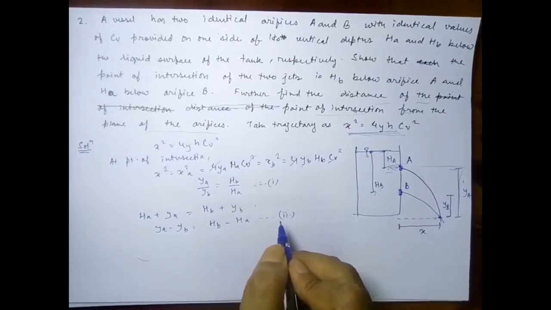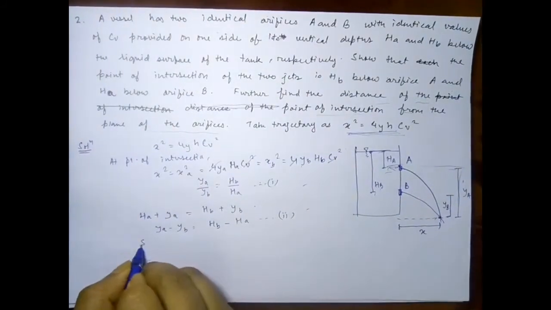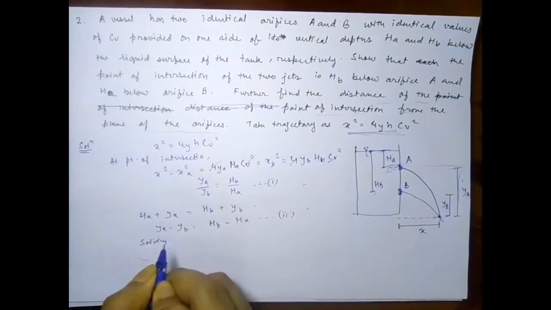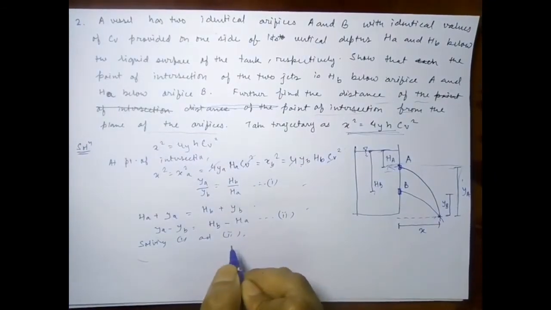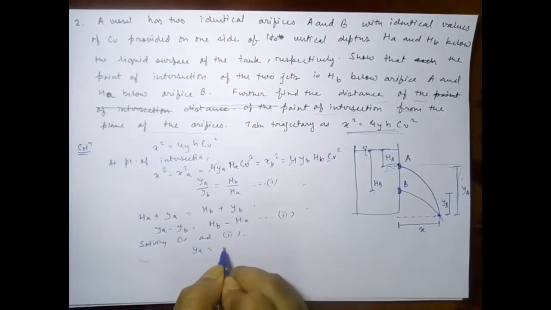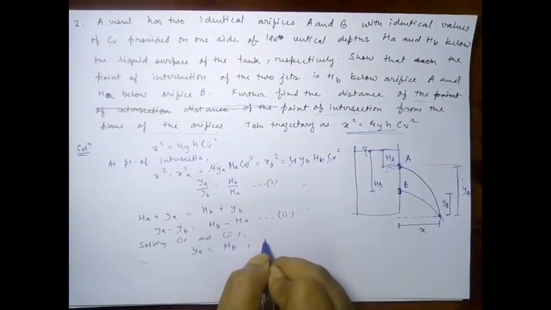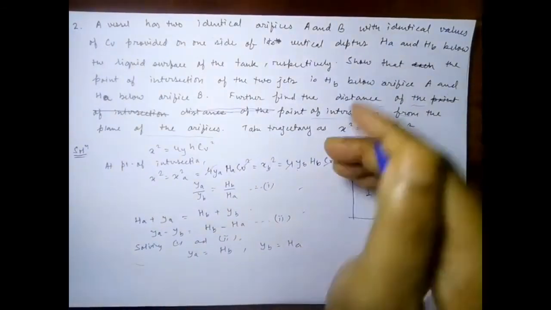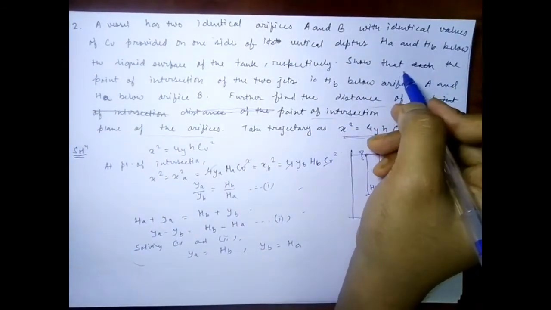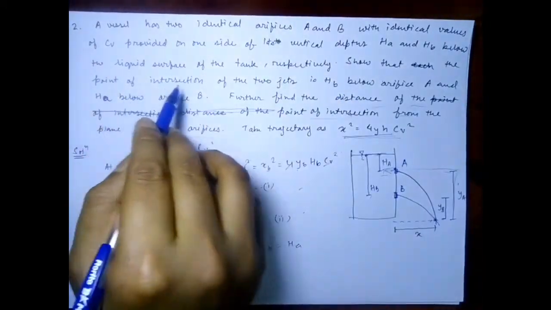So solving equations 1 and 2, we get ya equal to hb and yb equal to ha. Thus it is shown, as we were asked, that the point of intersection of the two jets